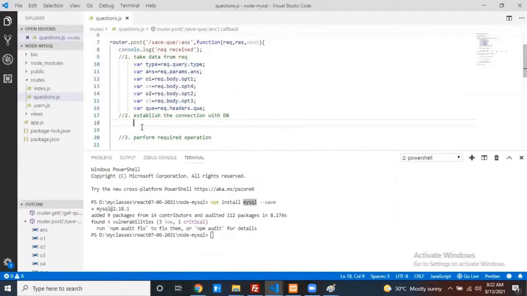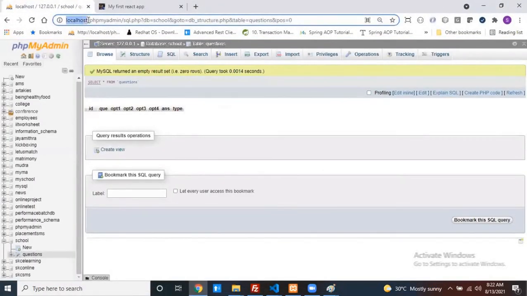Okay, let's do this. Establish the connection. I want to establish the connection to my local database. Where is my database server running? It is running on my local machine, so my host name is localhost. At the time of installing the particular software, Jump software or mysql.exe, they are going to ask some questions like, what is the username to connect with the MySQL server? What is the password? If anybody installed MySQL through Jump, by default the username is root and the password is nothing. If you want to put one, you can, no problem at all.